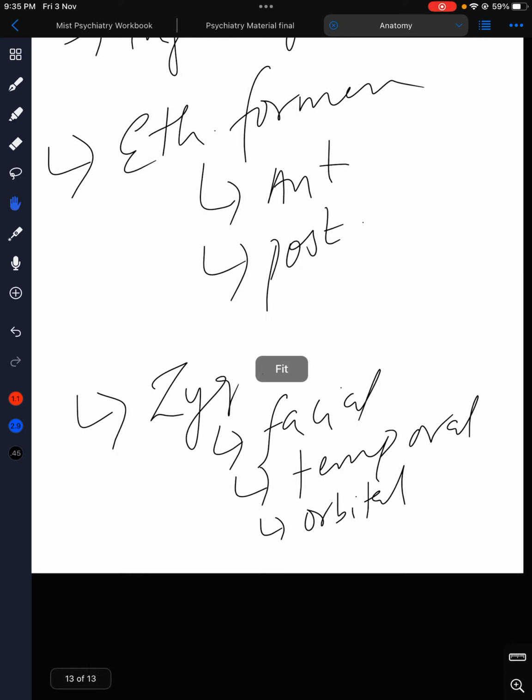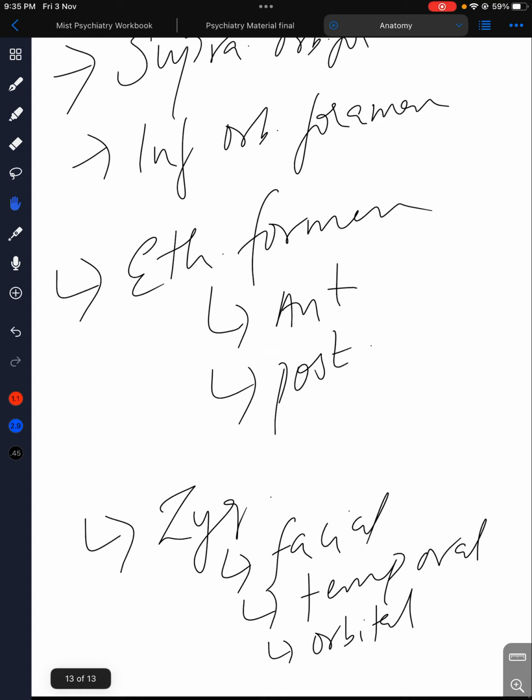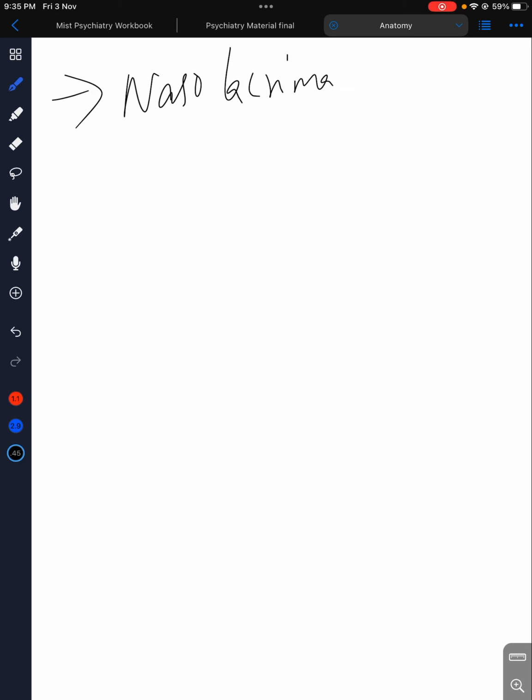And then furthermore, we have to know about a structure called the canalis lacrimalis, the nasolacrimal canal. From the name itself you can understand it is connecting your nasal